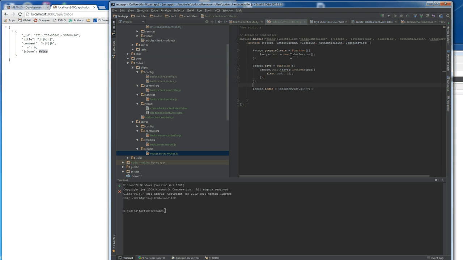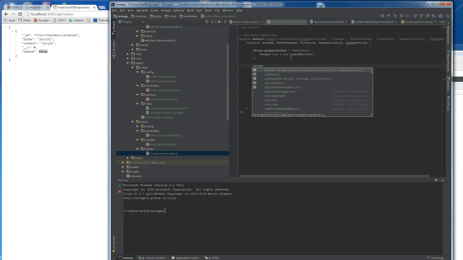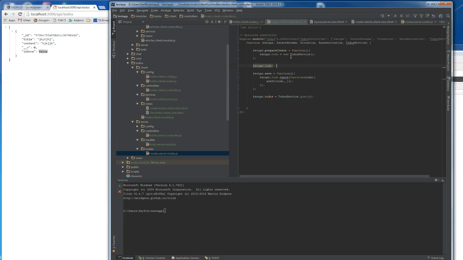And I'm going to create another method called scope.list, which is going to make a function to call this method, and I'm going to call these two methods in the respective